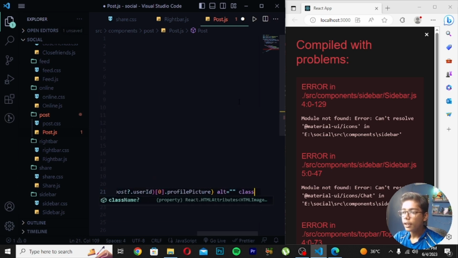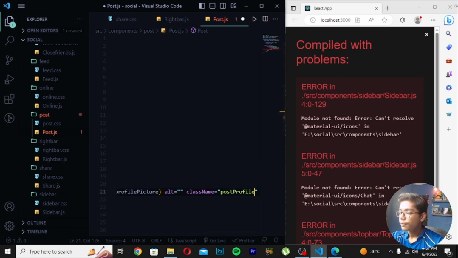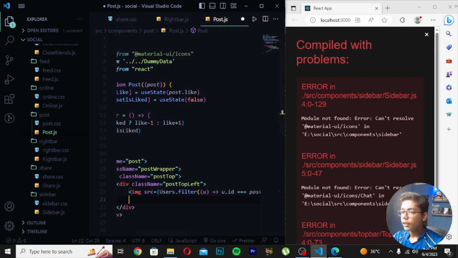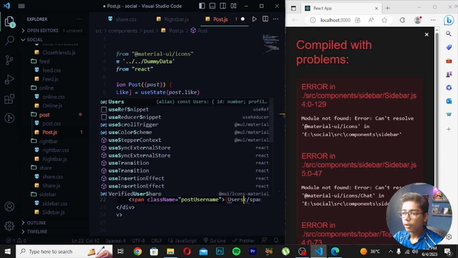Then you have to write here class name, and here I will be writing post profile like this. So here you can see we have just written this thing, and we have just now writing here post profile image. Then you have to now close it. After closing this tag, here you have to write span class name, and then you have to write here post username, and then you have to now just write this tag, and here I will be writing username or users,